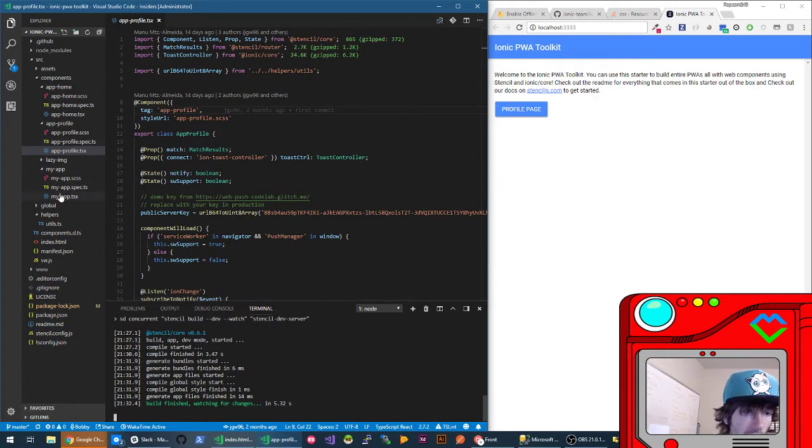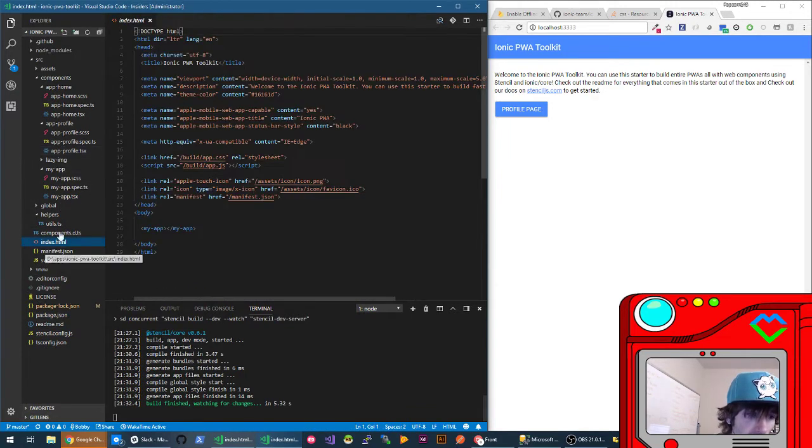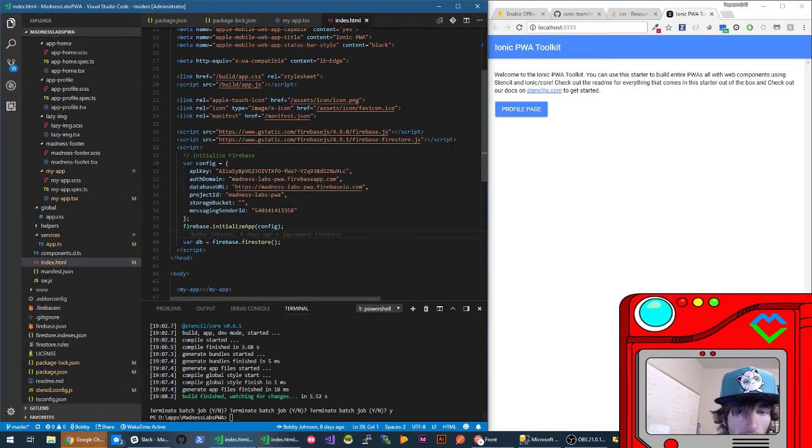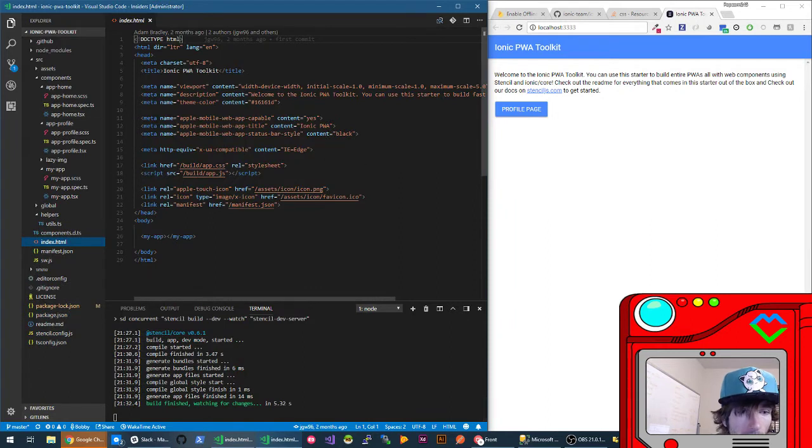So first off, I'm going to jump into their index. And again, we need to grab the Firestore and Firebase script tags. And then we're going to go ahead and slap these right